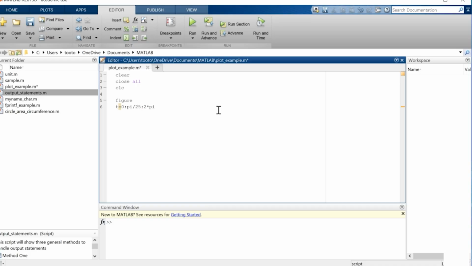That will be the increments for this function. So then I'll create a timeline, representing the timeline, and then I'll create the plot